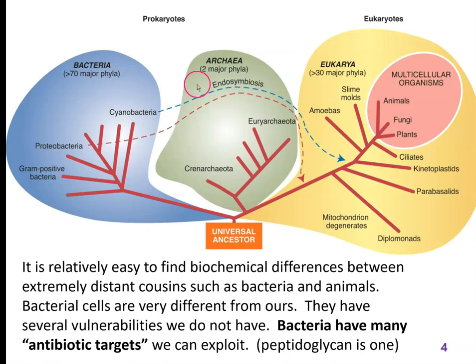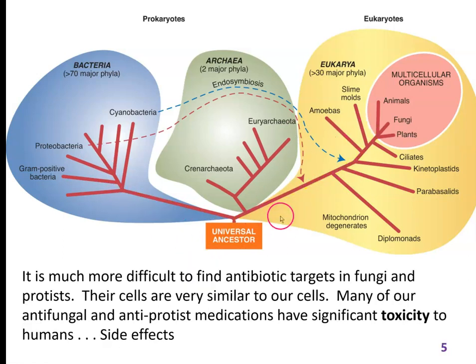And we can understand this by looking at a phylogenetic tree. Bacteria, us, there is a really, really big difference between us. And so there are things like ribosomes and bacteria are just different from our ribosomes in enough ways that we can find drugs that target their ribosomes. Peptidoglycan is a much easier target because it's completely different from anything we have. Because the bacteria are over here and we are over here. Now, if we look at fungi or protists, they're all over here.